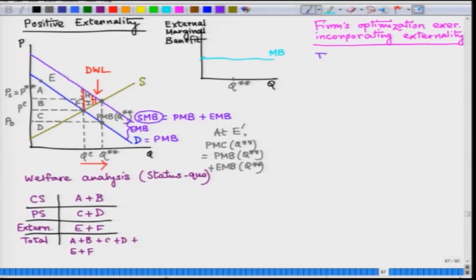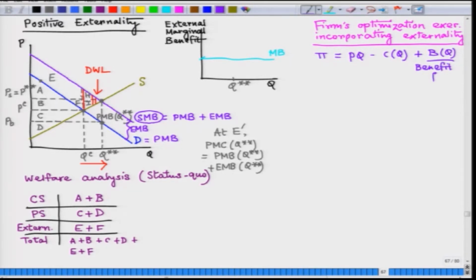Now, we can move ahead with our discussion to study what is going to happen if we internalize positive externality into a firm's profit maximization model. So, we write pi equals PQ minus CQ. Now, note that production of this commodity leads to some positive externality. So, this time I will have some benefit function B(Q). So, this is basically my benefit function,